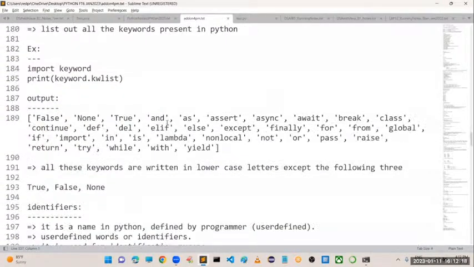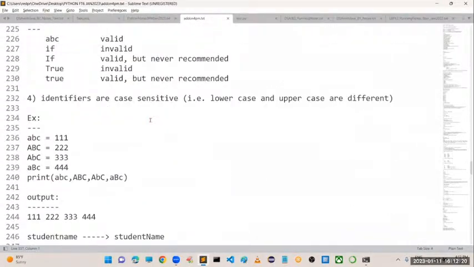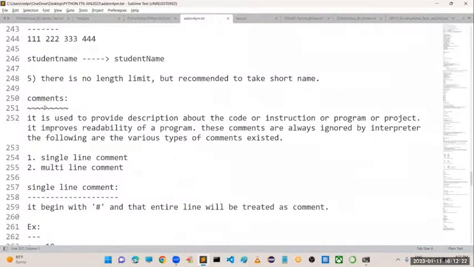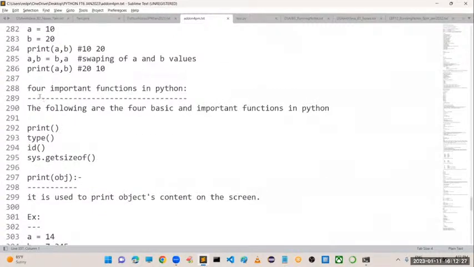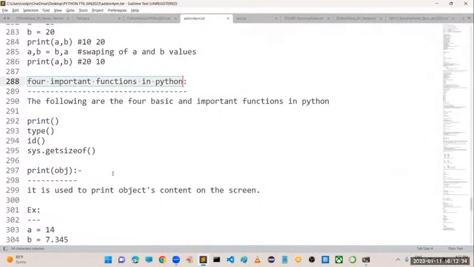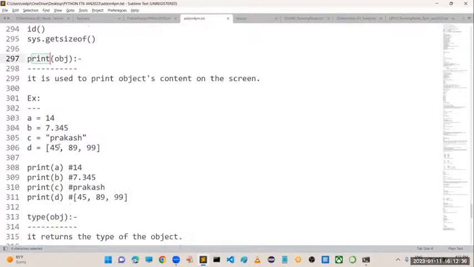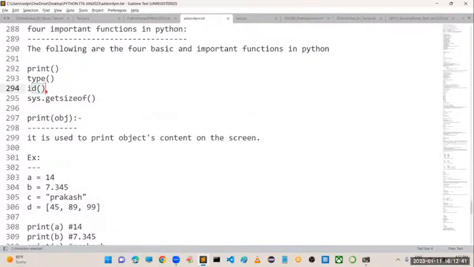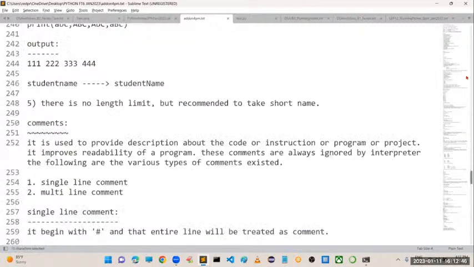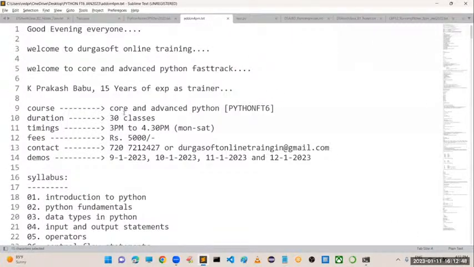We have even seen keywords, identifiers, and comments, how you can define single-line and multi-line comments, and the important functions in Python, the print function and the type function. Now we have to talk about the id function and the sys.getsizeof function from today's session.